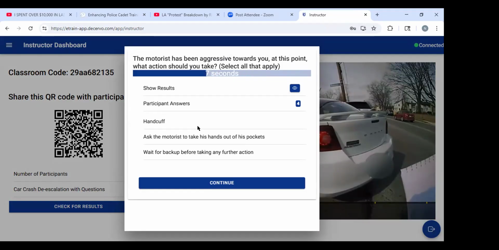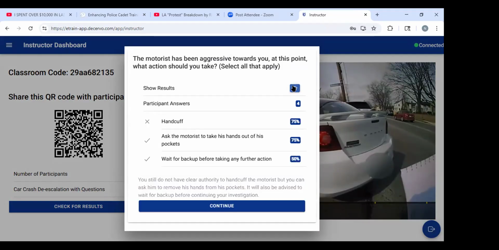I think you got one holdout in class. I don't know if it's you, Nate. All right, one holdout out there. All right, let's see what we got. Okay, so you got a breakdown there. You can discuss whether you handcuff, whether you don't. We could change that to be the right answer in that particular moment, or we could talk about that with the class at that moment.